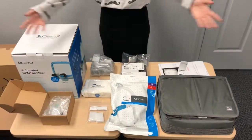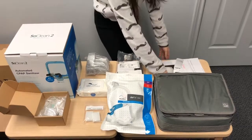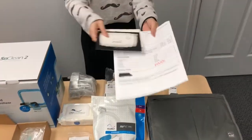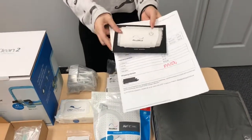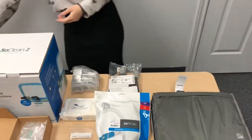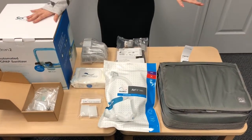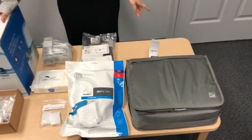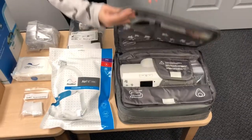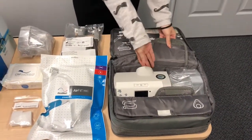So here it is. I took everything out of the box and let's see what's actually inside. First, you'll find the invoice, the postcard, and our monthly promo in the box. And in this case, the client purchased the AirSense 10 for her auto CPAP. So here it is. Inside the travel package, you will find the machine,